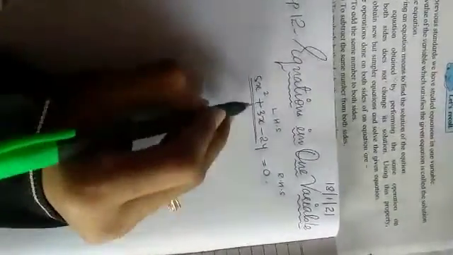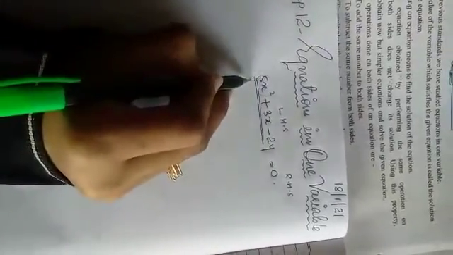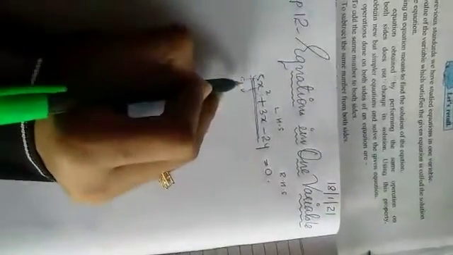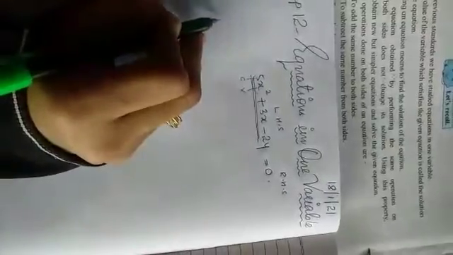Why? An equation has two sides, LHS and RHS, left hand side and right hand side. Am I right? When the terms are given together, this is called a term. In this, coefficient and variable should be there. When the terms combine together, they form an equation. So what about equations in one variable?